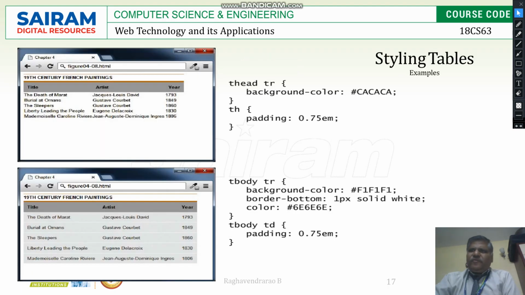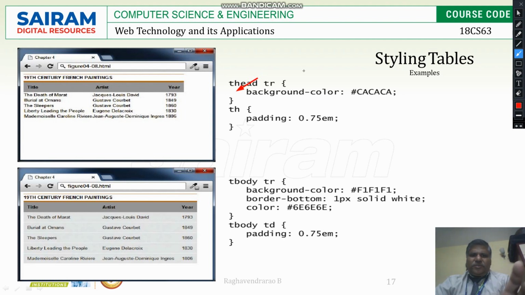This is another format where the padding is going to be present here. You can see the background is for the thead only, it is specified here.